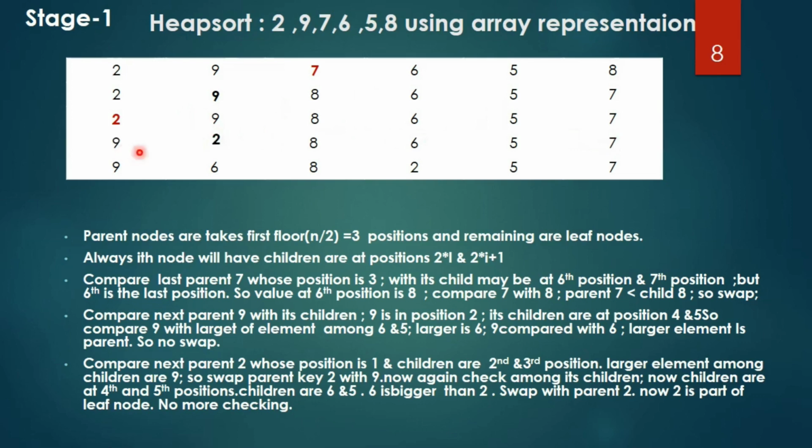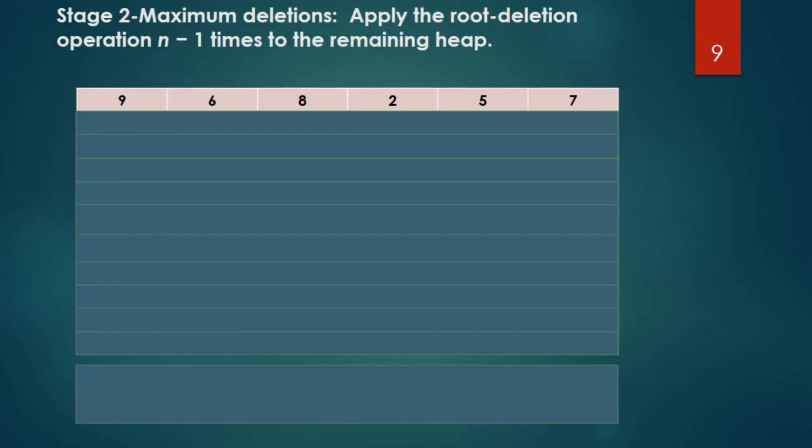9 2 8 6 5 7. And now even 2 needs to be checked with its children, because 2 is smaller than its children, that is 6 and 5. Among 6 and 5, 6 is bigger, so swap 6 with 2. Now we have got the set of elements 9, 6, 8, 2, 5, 7, and this is our constructed heap